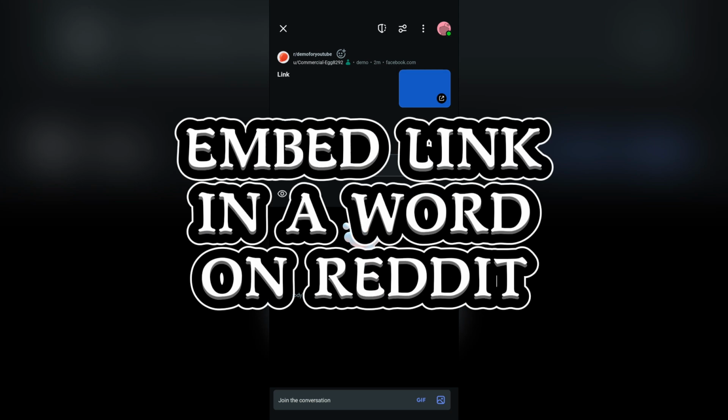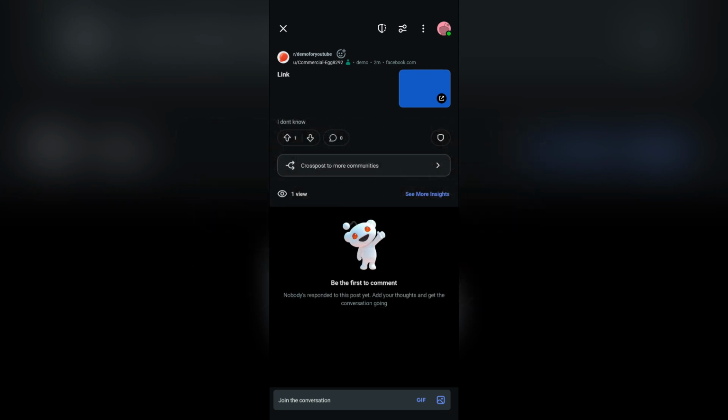How to embed the link into a single word on Reddit. Now, in order to embed your whole link in a single word on Reddit, just simply go over any post. I'm using this post which I did myself in order to make this video, and after that tap to this